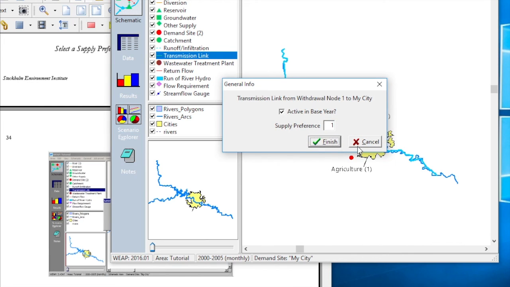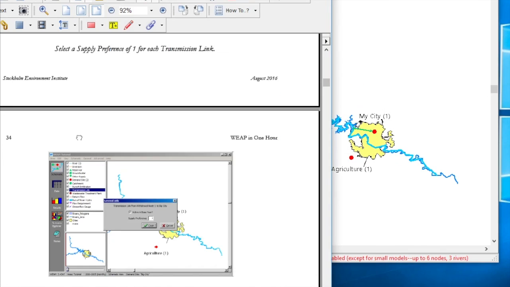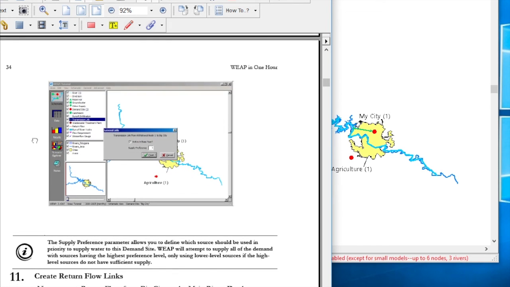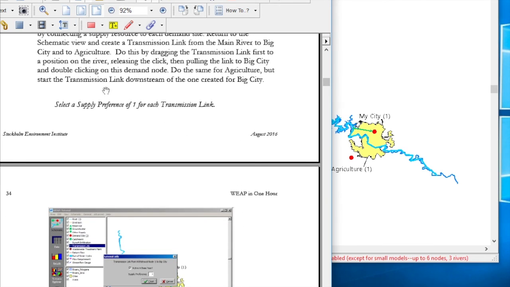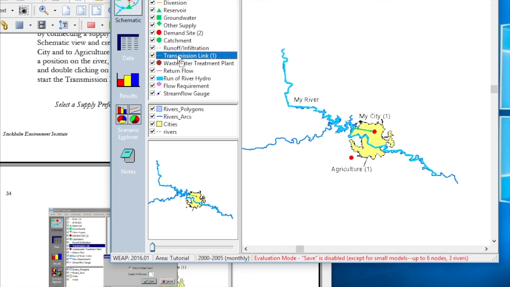And you double click it at the city, and once again you're going to put the preference of 1 and hit finish. Now for the agriculture, you want to select it just south of the, just further down from the city. Yes, you do the same thing with agriculture, but the transmission is downstream, so the city gets the priority on the water, kind of. So now you do the same thing again with the transmission. So you're going to pick a spot further down on the river, and then release my mouse and come over here and double click,